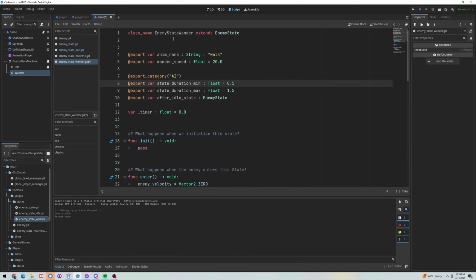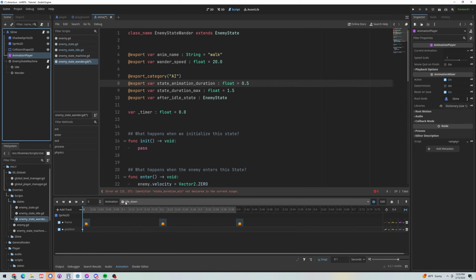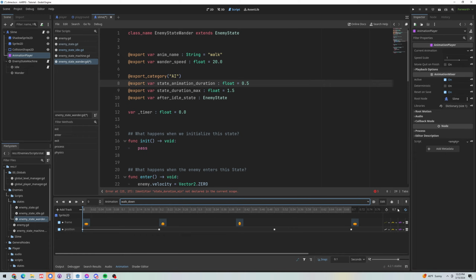I'm going to do something a little bit different with this one because I want the wandering, since our slime hops and other enemies might have a walk cycle, to play a full loop through before it can stop. We wouldn't want to stop the hop animation while he's midair and then suddenly he snaps to the ground, right? So instead of state duration min and max, I'm going to change this a little bit. Let's call this state underscore animation underscore duration. So let's look at our walk, and remember it's 0.7 seconds in length. I'm actually just going to leave this at 0.5, but let's put this wander script